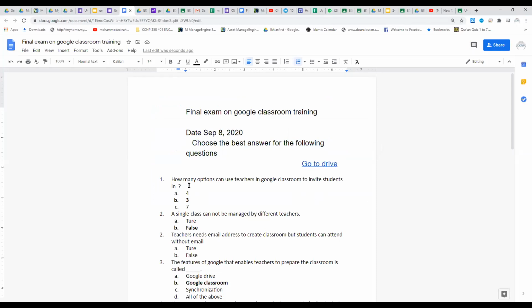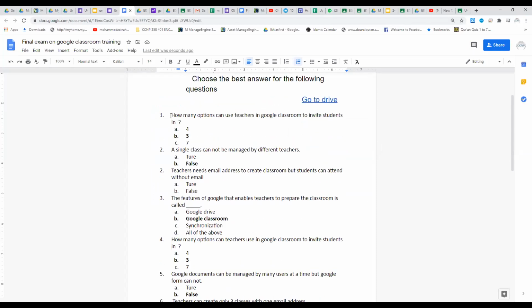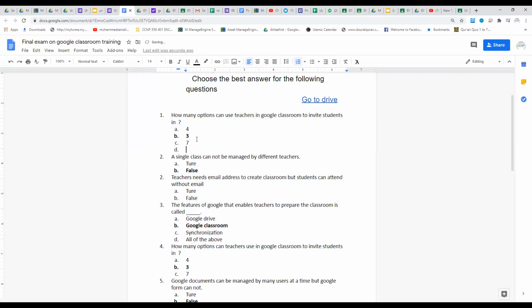As you can see, I already used numbering styles while I prepared my question. This A, B, C, D is not written manually. Instead, I used the numbering style from here. I hope you will have some background information about bullets and numbering. So I'm using this to make my